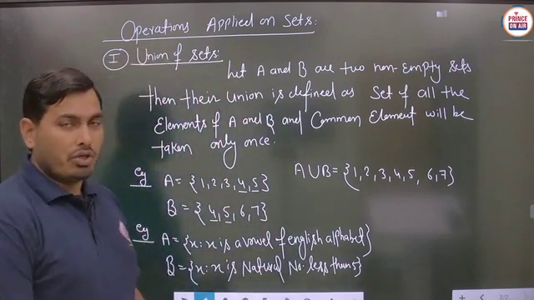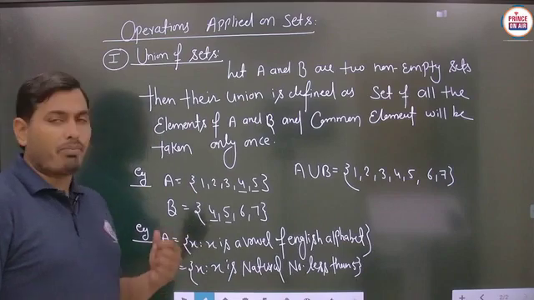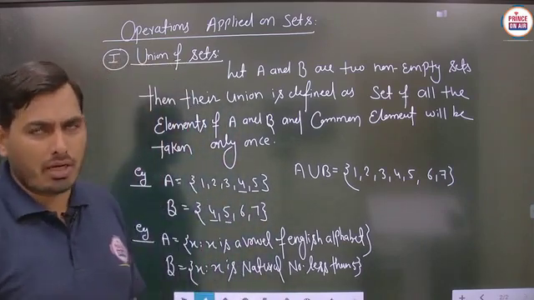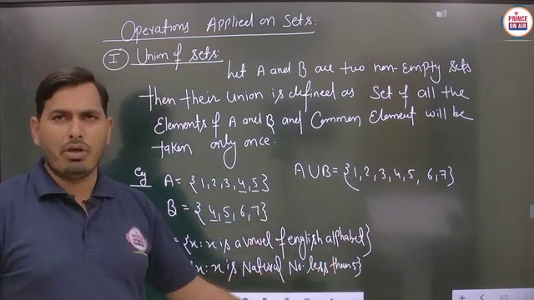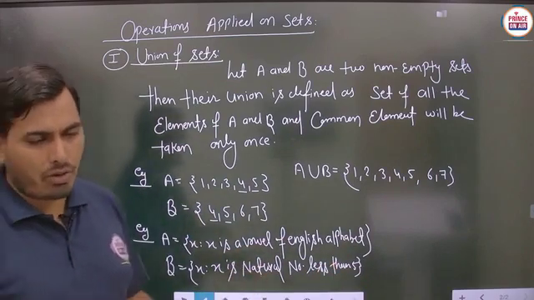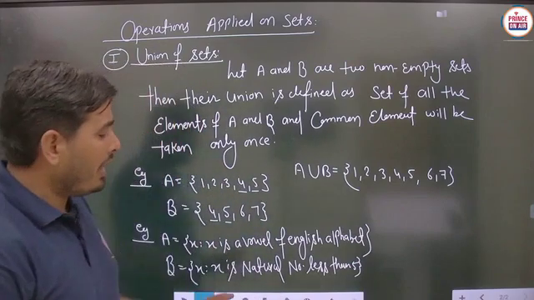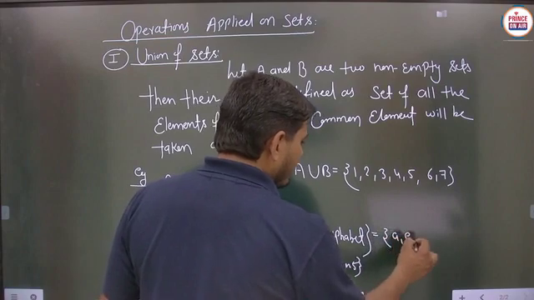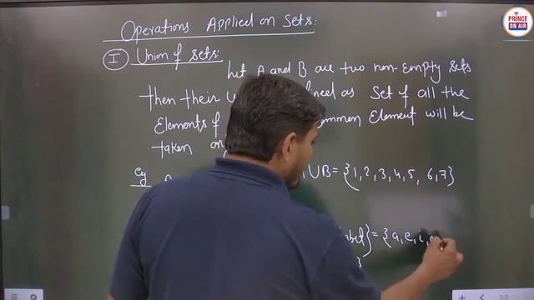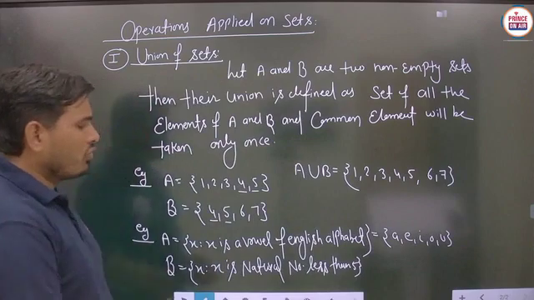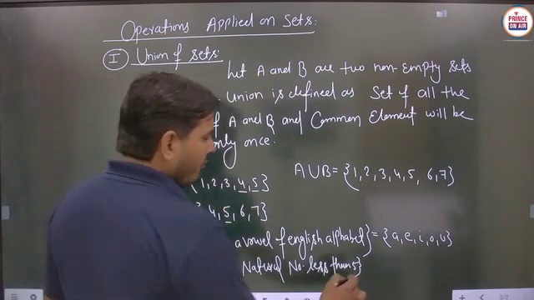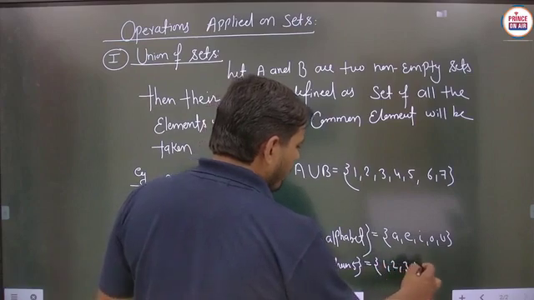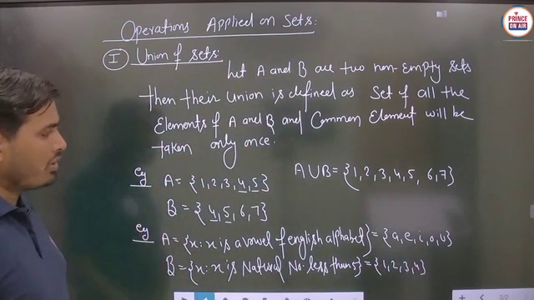Now student, you can see the very important thing: this particular part should be written in set builder form. No problem. Either you can convert the set builder form into roster form, or directly you can think about the particular type of elements. Is it to be clear? I think each and every student knows very well about the English vowels: A, E, I, O, U. And the natural numbers less than 5 are 1, 2, 3 and 4.